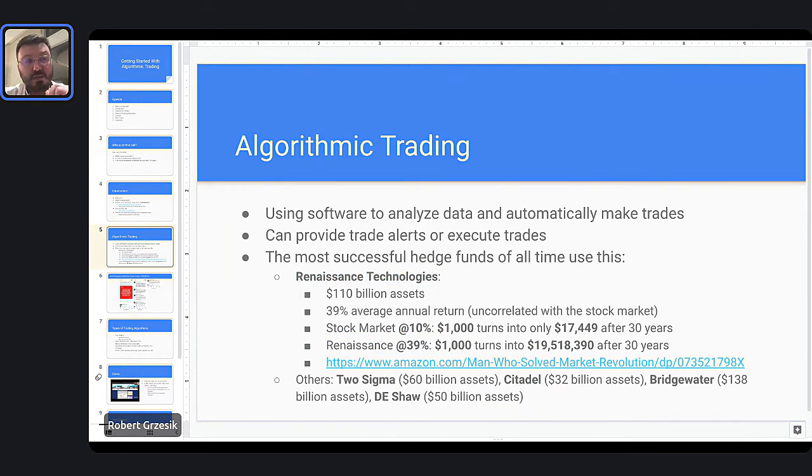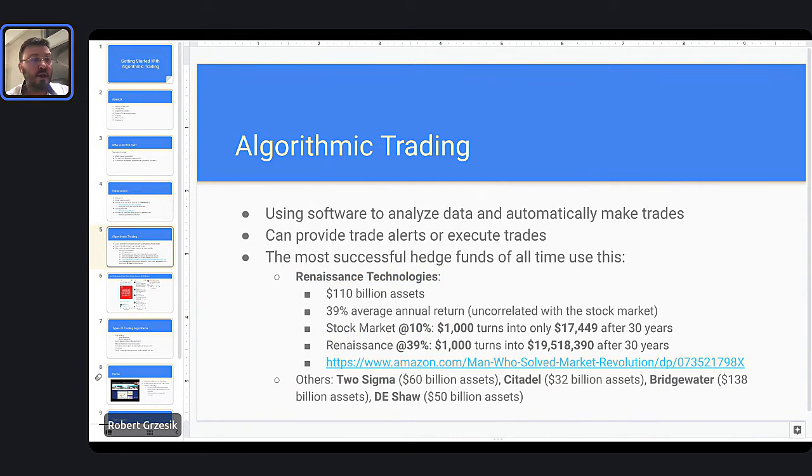We could do things like analyzing the news. Imagine somebody like Donald Trump or Elon Musk, or you name whoever, who has 100 million followers. When they make a tweet or a post, or when a news story breaks at a large news outlet, that tends to move markets. A great example of that is Elon Musk tweeting about Dogecoin. Dogecoin shot up 10,000%. Nonsense coin, but it still made you a ton of money. So that's one thing algorithms can do: we can analyze news and be on top of that very quickly.